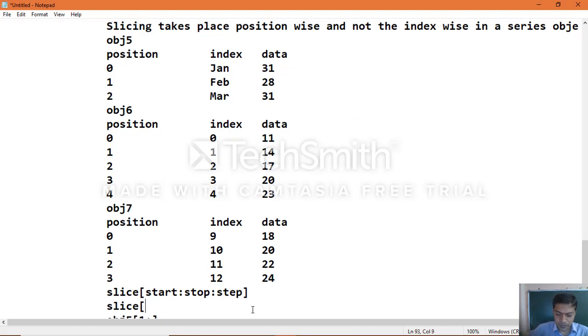For example, if I say slice of colon 3, here we didn't specify the start value, which means it starts with 0, and 3 represents 0 1 2, so a total of 3 values will be extracted. We start with 0, then 0 1 2, only up to position 2 elements will be extracted. That is how slice works. When you specify the start number, for example 1, then we will get the output as position values 1 and 2.